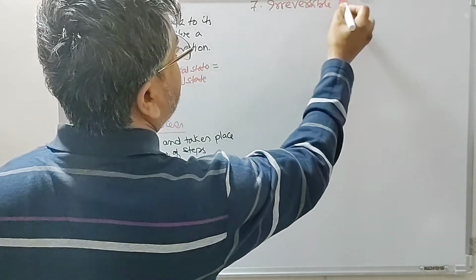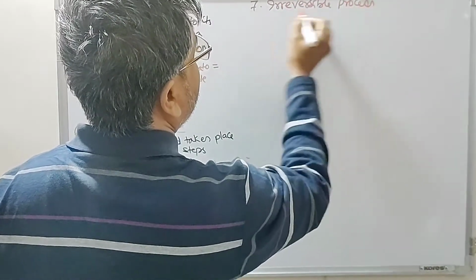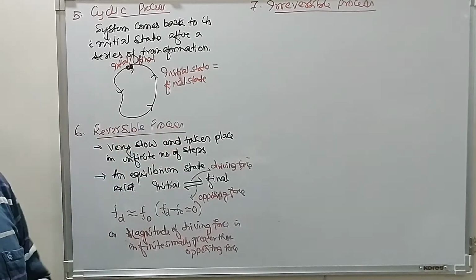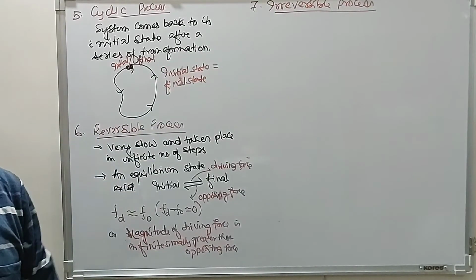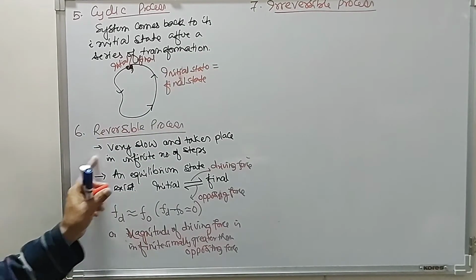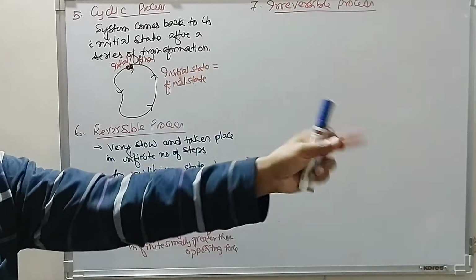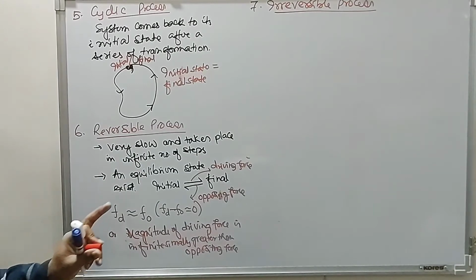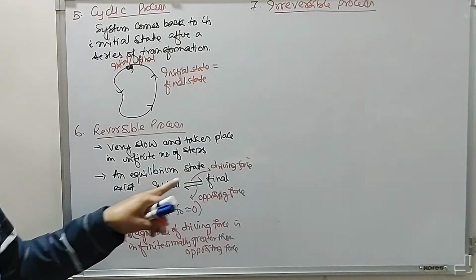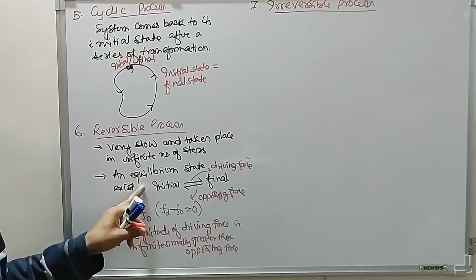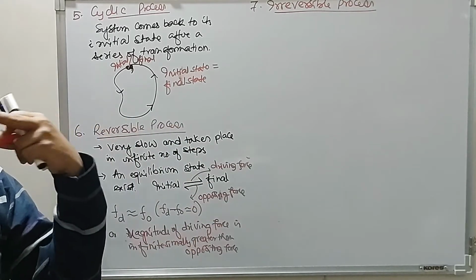Irreversible process. If reversible is a slow process, irreversible is a fast process. If reversible takes an infinite number of steps, irreversible takes a finite number of steps. An equilibrium exists in a reversible process, but in the case of an irreversible process, that is unidirectional, the system is taking from only